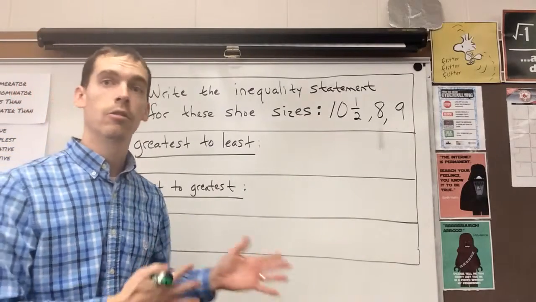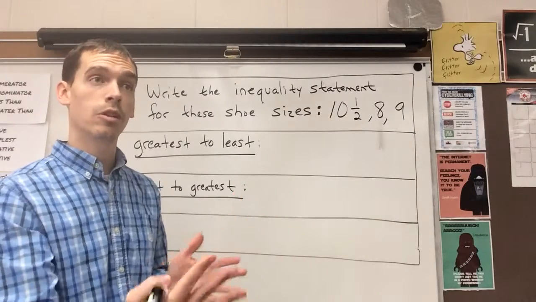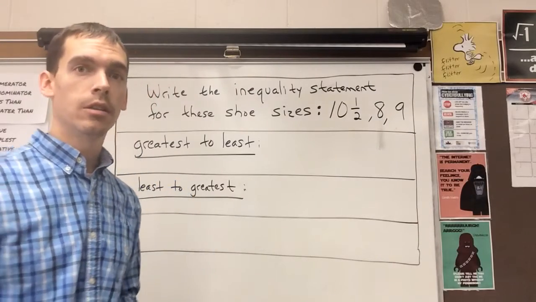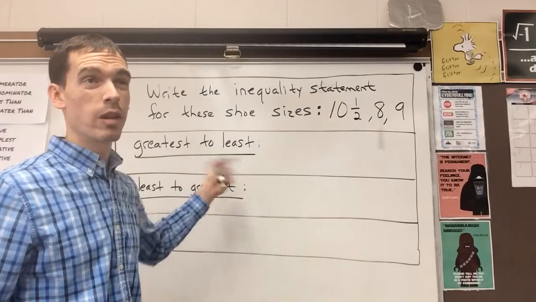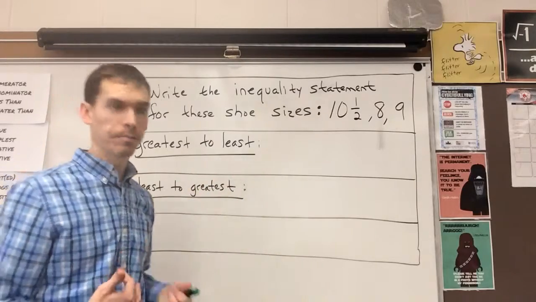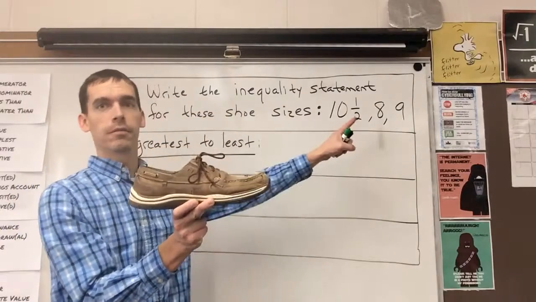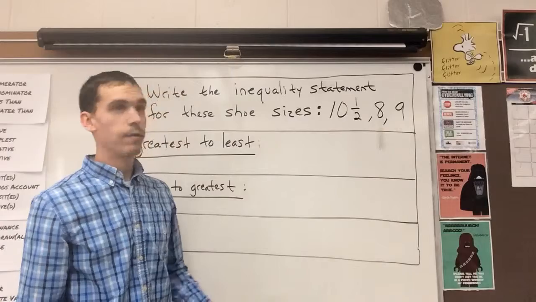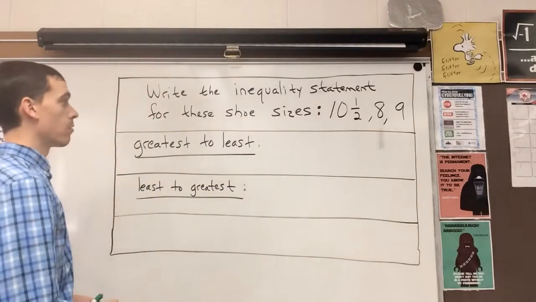So sometimes you're comparing, you walk into a store and you've got to see where the sizes are ranking, usually from least to greatest, depending on how you're looking at the store. So depending on your size of the shoe, you need to find where it is that you need to go. So really quick, we can determine this backwards, greatest to least. So, for me, in the back of the store, we're looking at size 13 here, but thankfully the biggest one here is 10.5. Wouldn't fit for me. So 10.5 would be the greatest of these values. It's the only double-digit number of the two. So greatest to least,